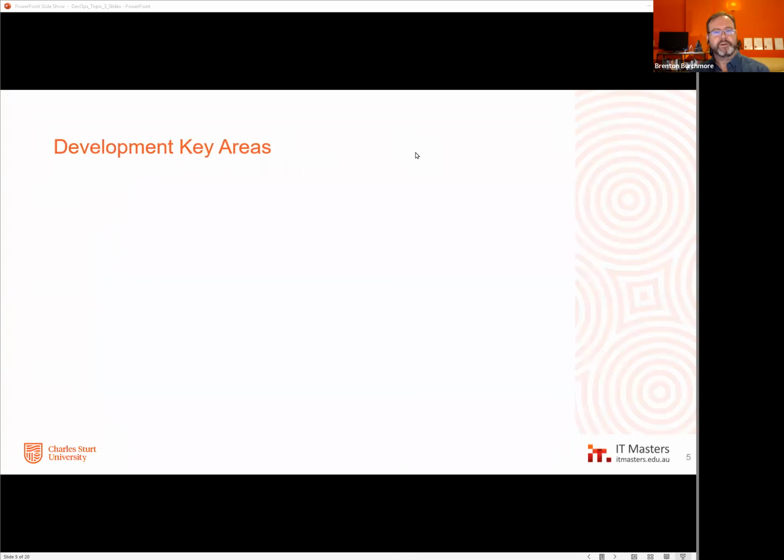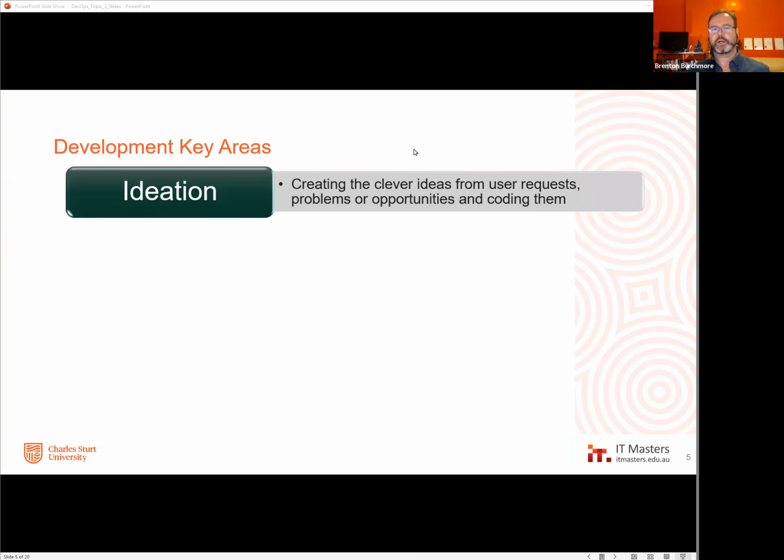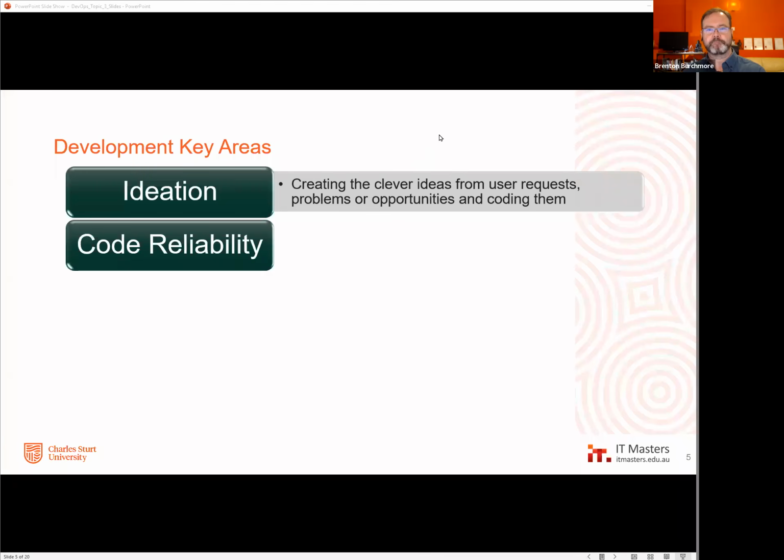So from development, we can break down the areas in which they operate. Look at those as perhaps sequential. You look at the idea, creation of ideas, where developers are meant to come up with clever code that does clever things. And sometimes this is starting from requests, it's feature requests, things that we want, and really that can come from anywhere. But it's the developing function that says, well, here's an opportunity to deliver some more value, and we need to come up with the ideas from a code perspective that will deliver that value.